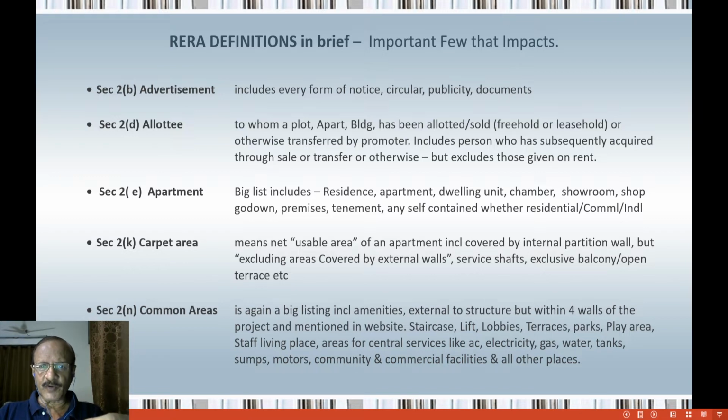Balcony, for the purpose of this clause, the expression means exclusive balcony or veranda area. If you have a separate balcony or veranda area, it means the area of a balcony, as the case may be, which is appurtenant to the net usable area. So whatever the internal structure, if it is appurtenant, attached to the net usable area of the apartment, and meant exclusively for you, that should be covered. Clear? It has to be appurtenant, attached, with the net usable area, and used by you separately, so that will be covered. But any open exclusive terrace, those things will not be covered.